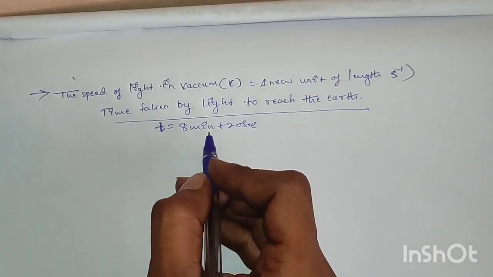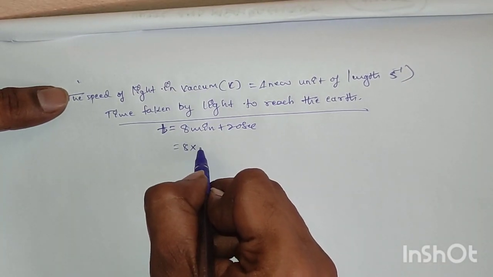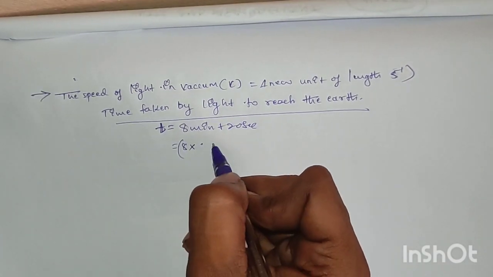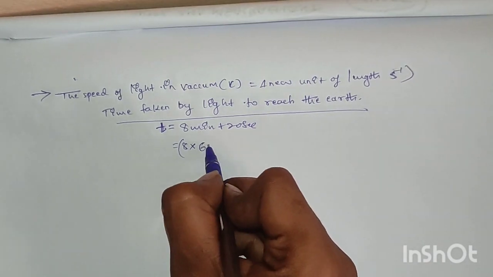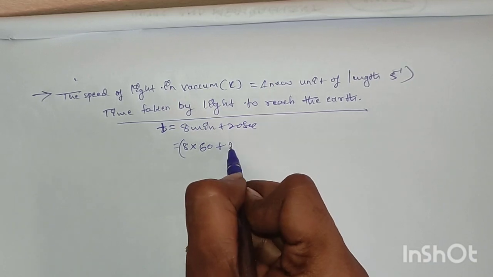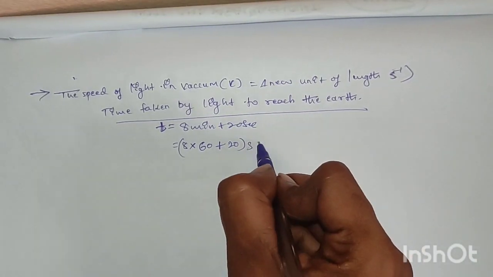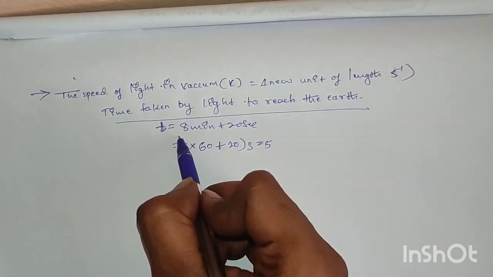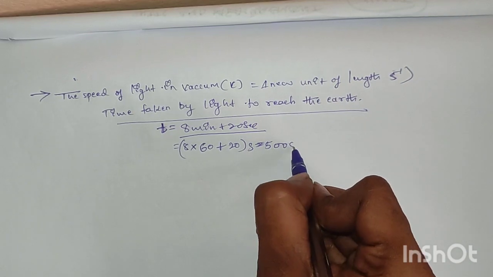That is 8 minute into 60 seconds plus 20 seconds. Although we are converting into seconds, if you convert 8 minutes 20 seconds into seconds, we will get 500